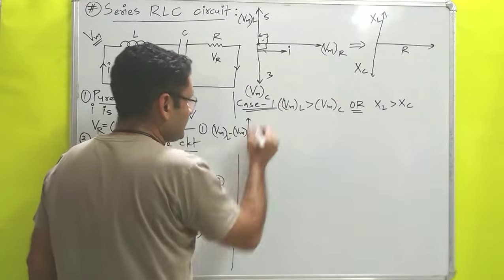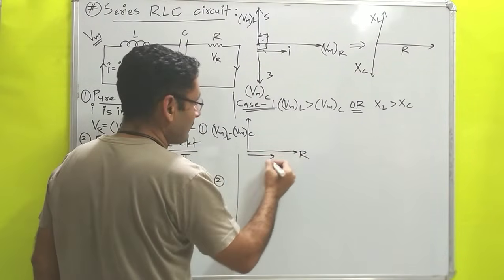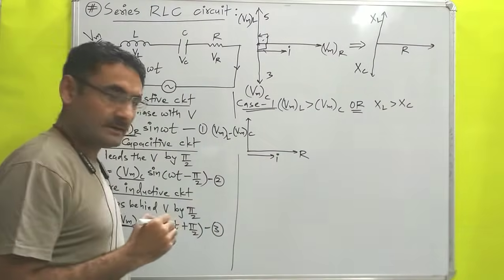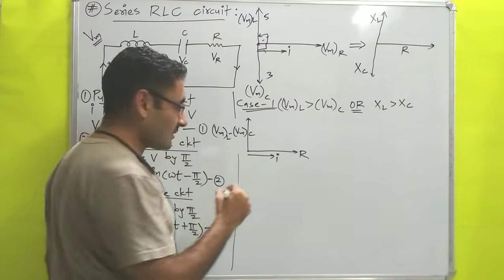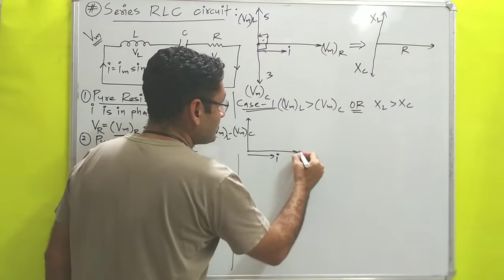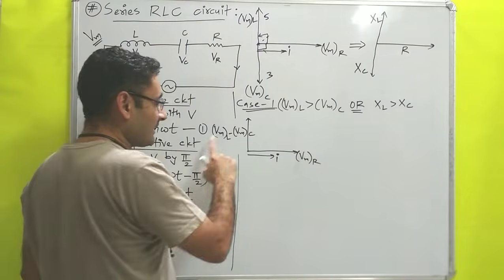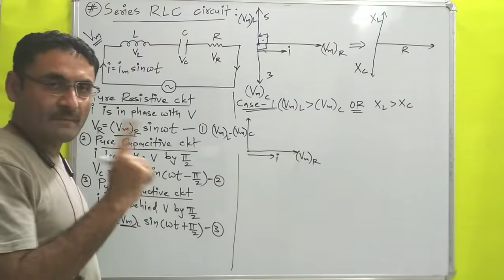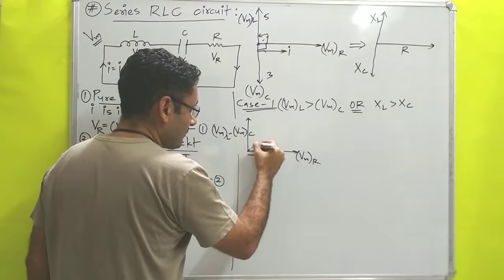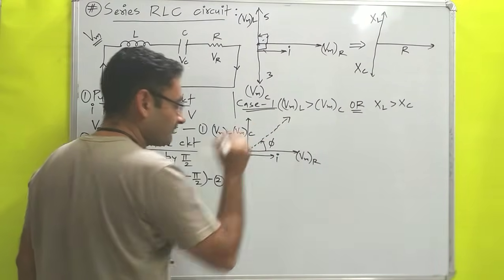Okay. Now remaining is what? Remaining is R, and in the direction of R we are writing I. Okay. Now one thing is confirmed. Whatever that is, that is your Vm of R. Sorry, my mistake. That is Vm of R. Now one thing is confirmed. Whatever resultant value of maximum potential is there, that will pass like this at an angle of phi.